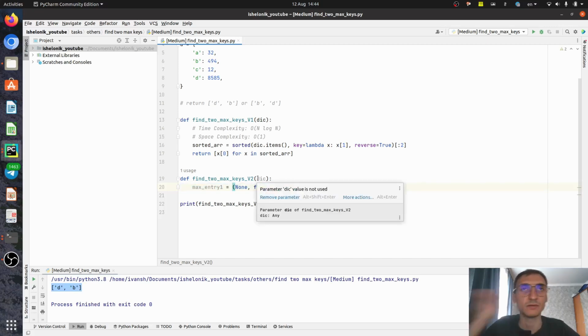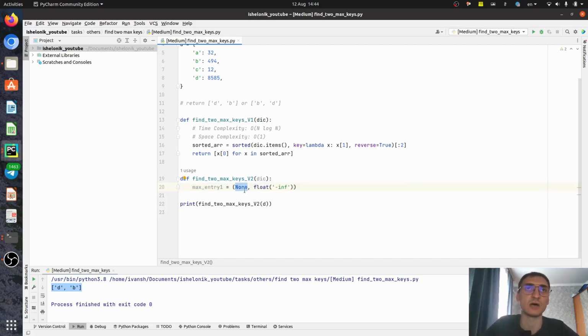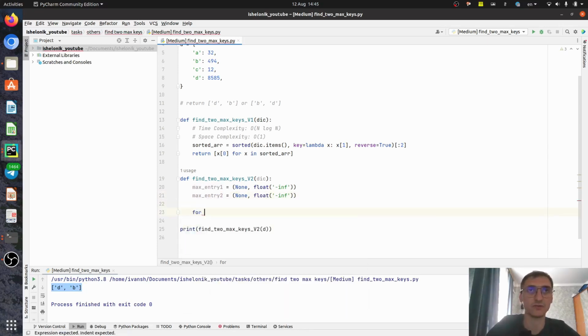Why this way? Because None is going to be our key. At the beginning we don't have any keys, we have None. We will reset it with a new key, and the value for the max entry is going to be minus infinity. This is just a mock for us. Max entry 2 is going to be the same. Okay, let's iterate over our key value pairs in our dictionary items,